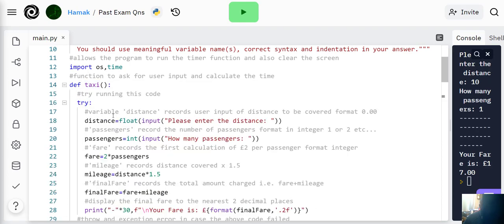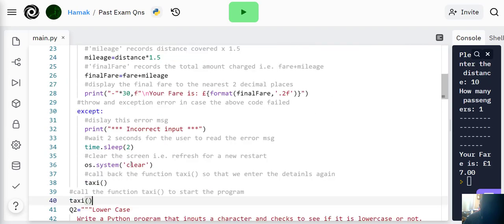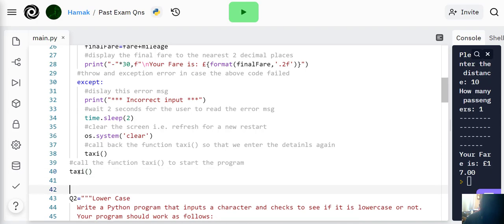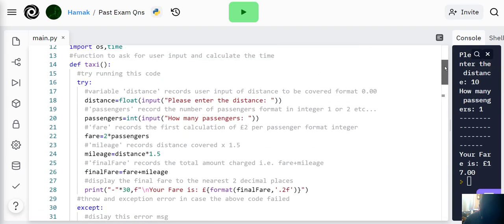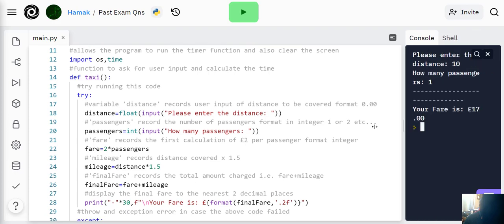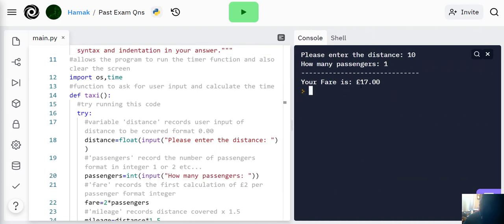And after doing all that, now we've coded the function taxi. Now we're going to call that function here, just to initiate the program. So this is the answer for question 1, and that's why you managed to see it running here. Let's try it again. Please enter distance. If I say